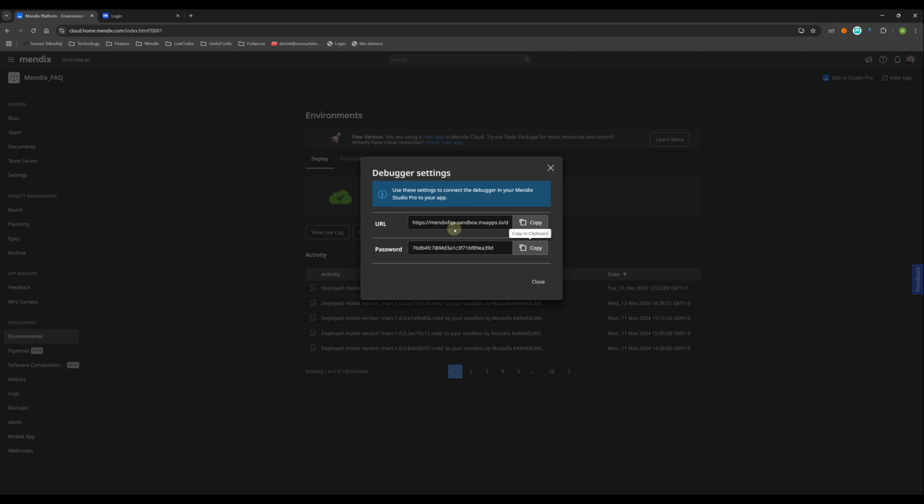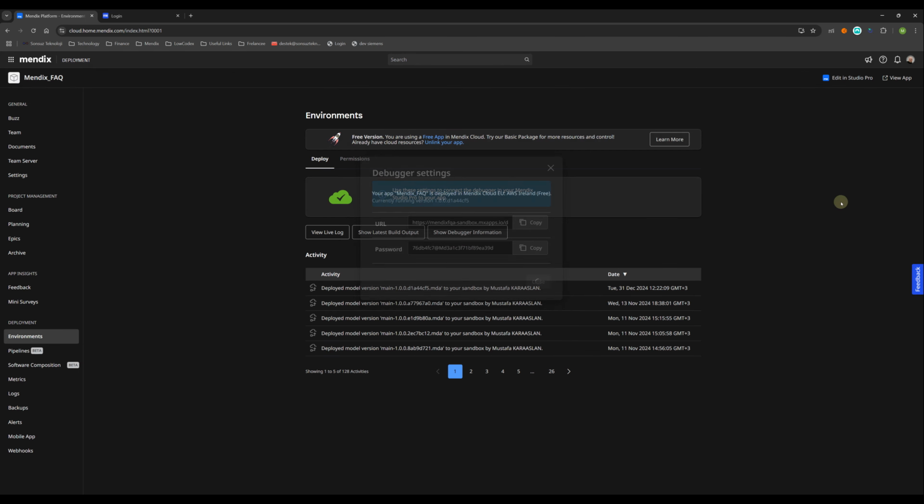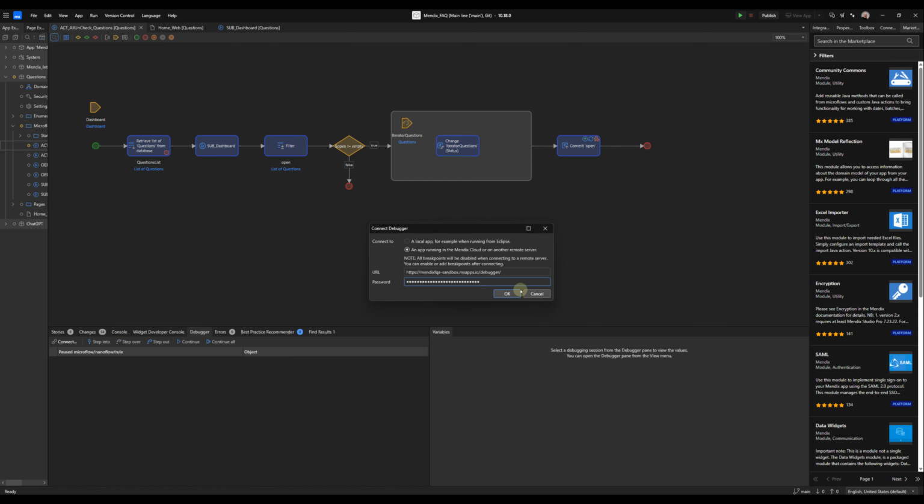This is not permanent. You can't use this one every time. You can use it like an access token. This will expire after you finish everything, maybe after you close everything. Every time you should refresh this one. Okay, let's close this one. I see, as far as I understand, it's connected.